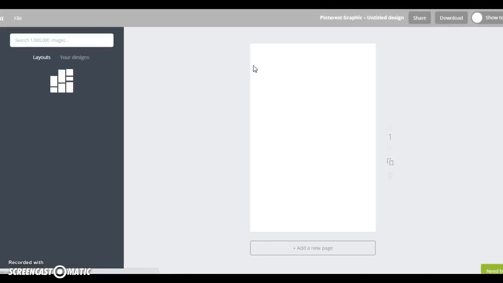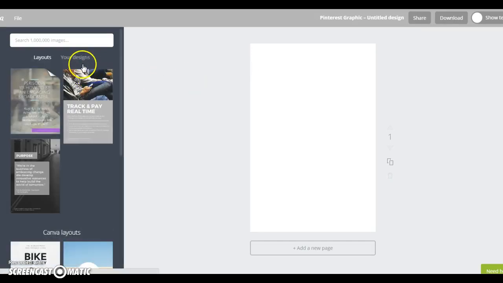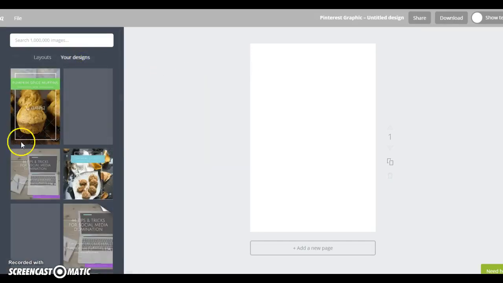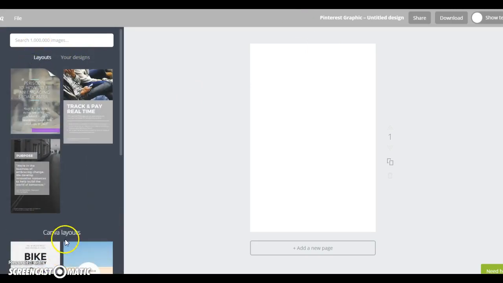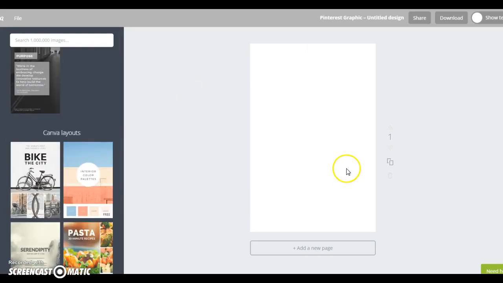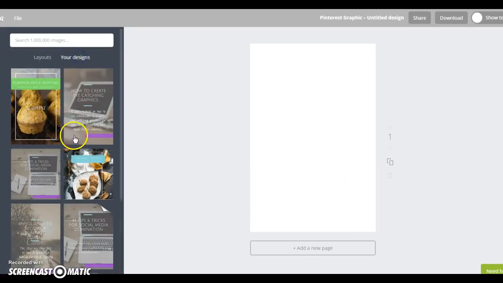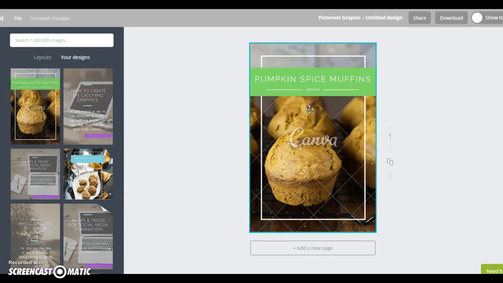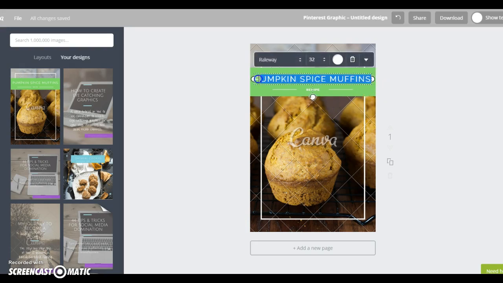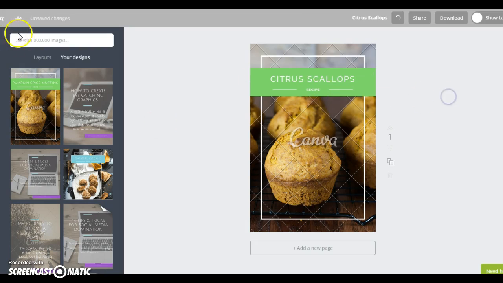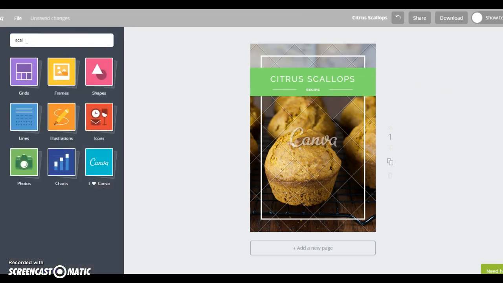So when I go back into Canva, and I hit go from layouts, which were the layouts we looked at before, I checked that Pinterest graphic, I go to my designs, and look, here's my design I used. Now I have a template. I can use this template so that every time I make a post, I can just put in the new title. Citrus scallops. And then I can add my new picture